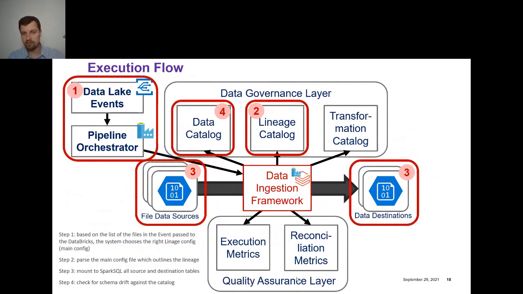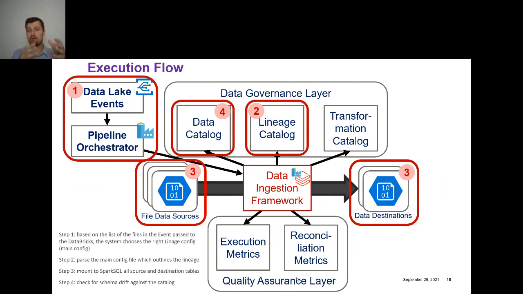So if there is an event on the data lake, I mentioned, you remember, it's an event-driven framework. There's an event on the data lake. There's some transaction submitted to some data set. We trigger an event. It goes to Data Factory, which then spawns the Databricks jobs in Spark and passes parameters about the event, what kind of event was triggered. Then what we do is we scan the lineage catalog and see, okay, this data set has these 3 ETLs following it. So then we spawn those tasks to